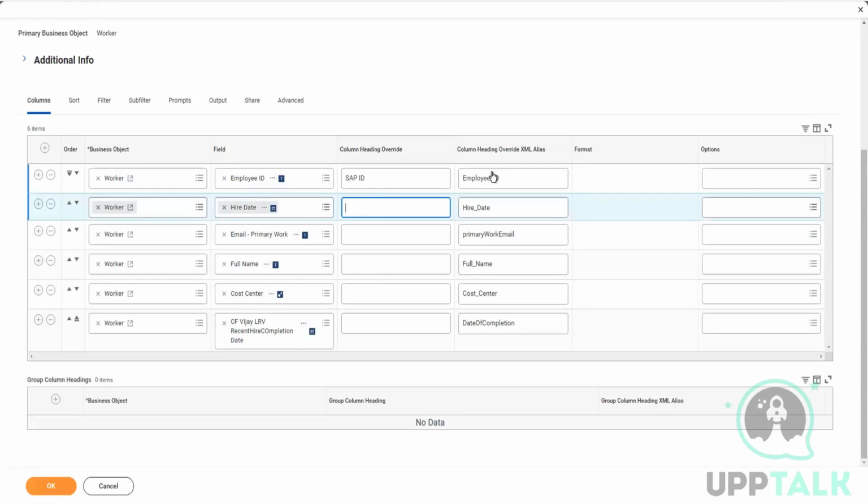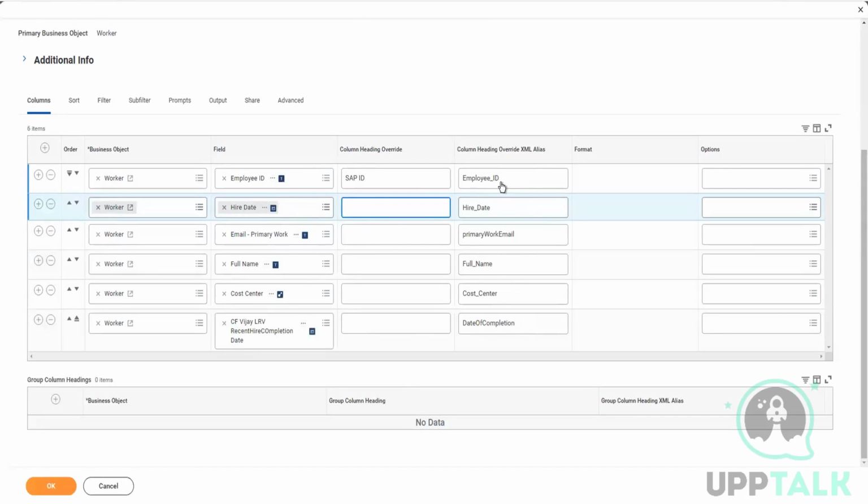But this column is exposed when the report is exposed as an API. The data is exposed via these columns and not these. So that's why, if you have any spaces in between the names of these, Workday will give you an error and will not allow you to save. So these fields should not have any spaces in between, and try to have names as short as possible